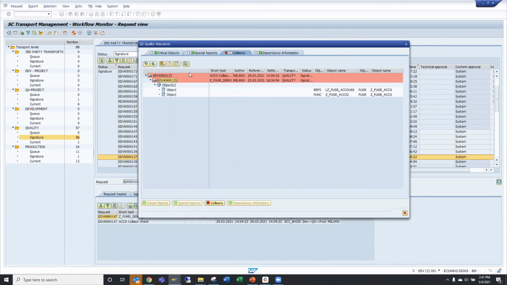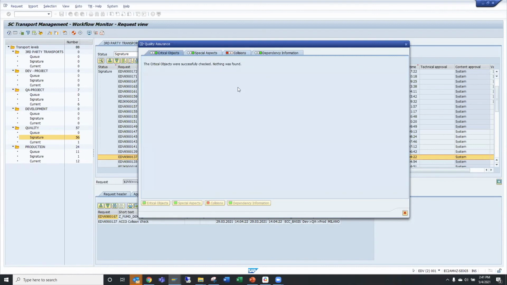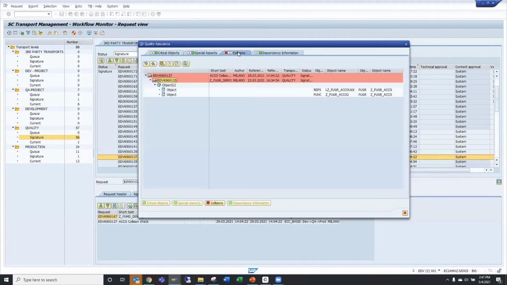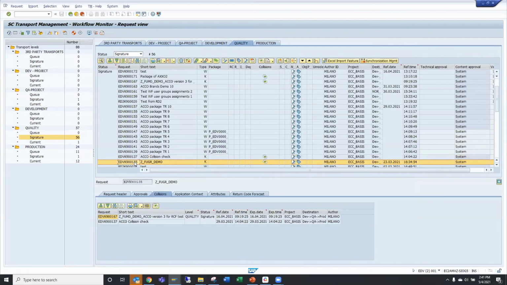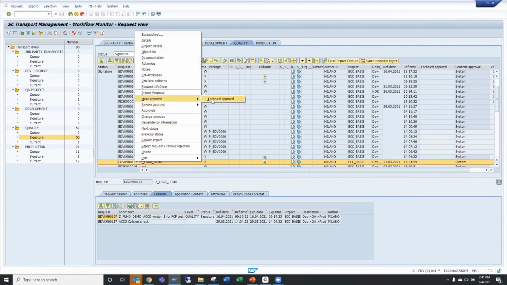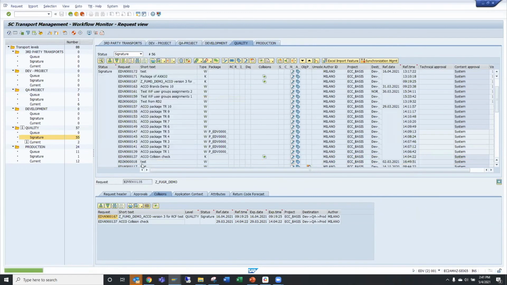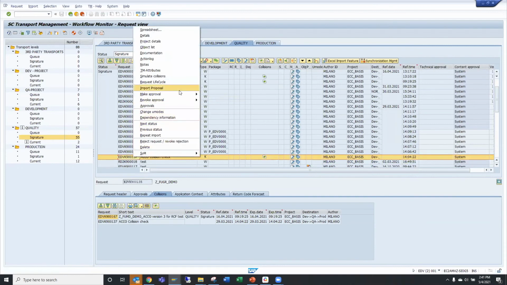So in this case, if there are any critical objects, or any special aspects like application data being moved or express, we would check that. But we're having a flag on collisions. We also check dependencies. So in this case, I can say, all right, I see there's a problem here. What I really need to do is either contact this developer and talk to them, or I can just go ahead and approve the one that it told me first, and nothing happens. I don't get a check. Approve the second one,